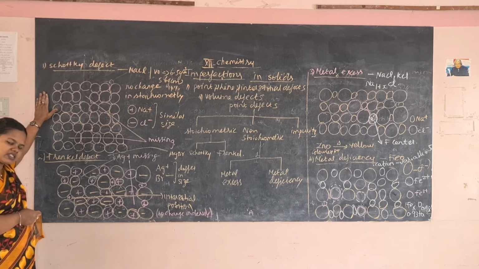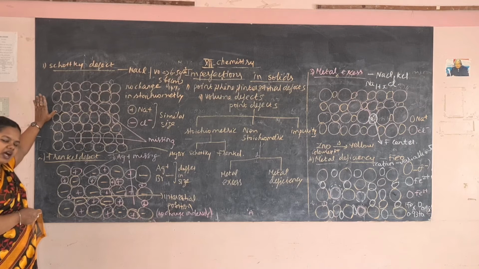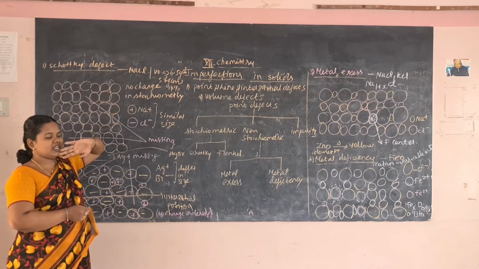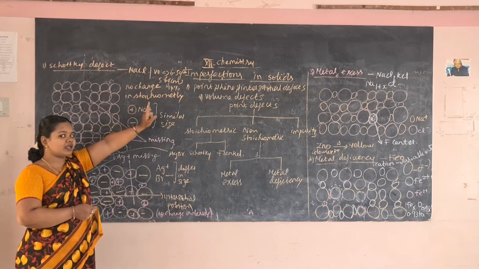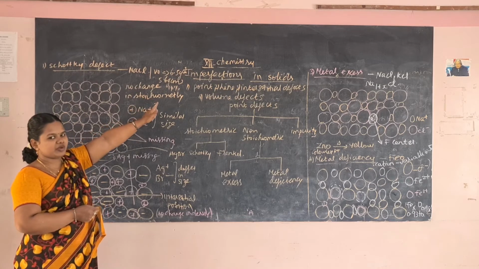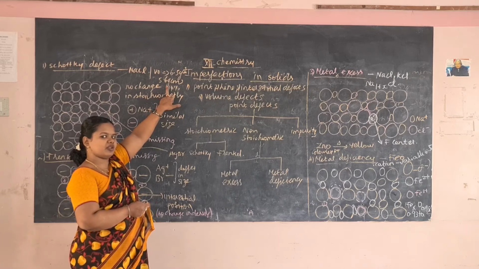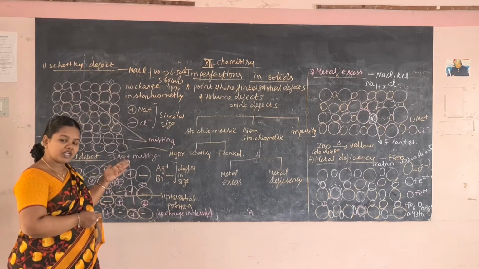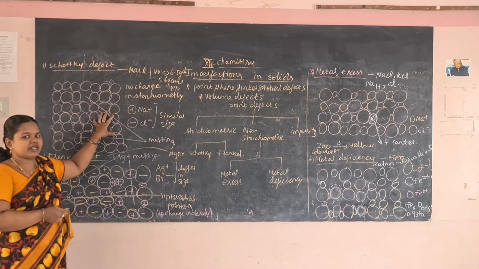So Schottky defect occurs when there is missing of equal number of cations and anions, when the ions are in similar size, and there won't be any change in stoichiometry. An example for Schottky defect is NaCl. And in vanadium pentoxide, the theoretical density, calculated from the edge length, was found to be 6.5 gram per centimeter cube, and the experimental density was 5.6 gram per centimeter cube. So we find that 14% of the defect is due to this Schottky defect, and it paves way for the Na plus and Cl minus ions to move.